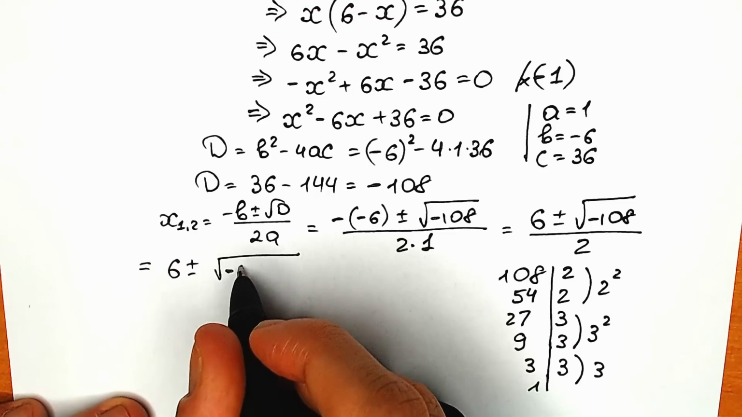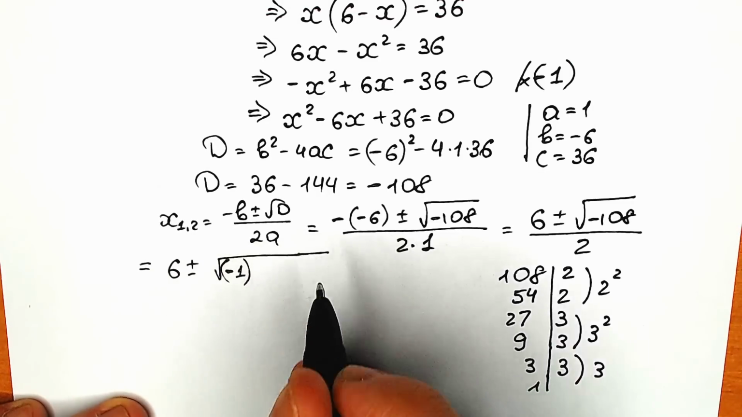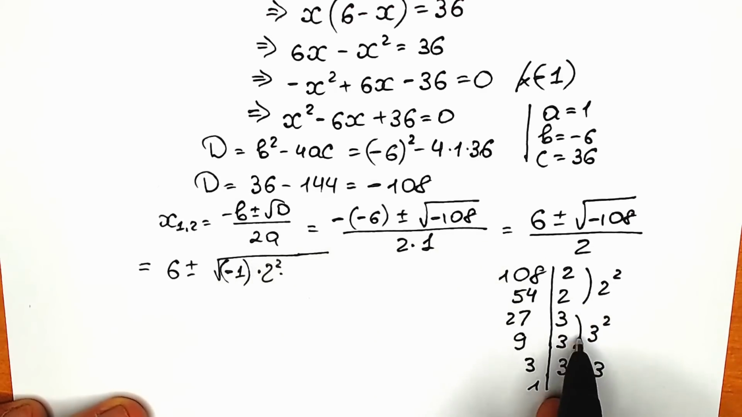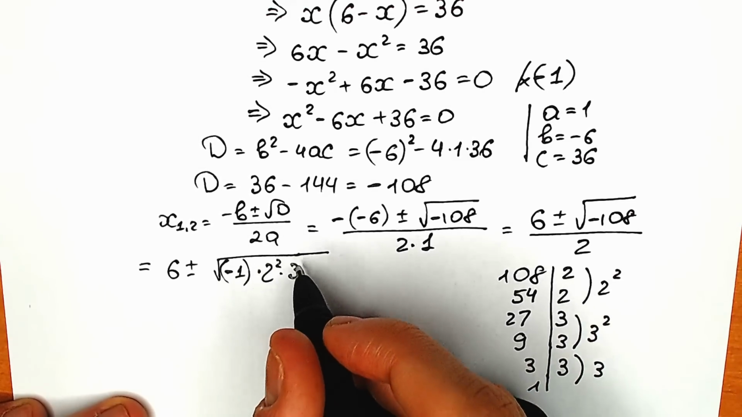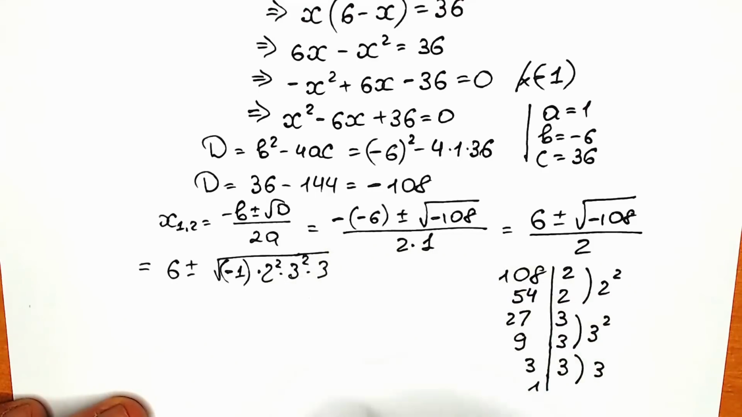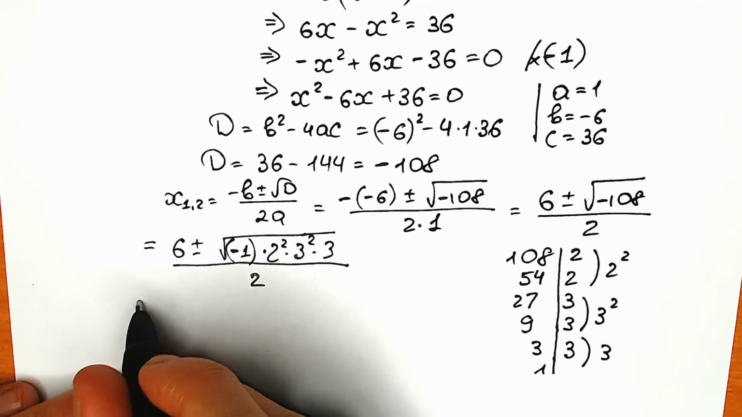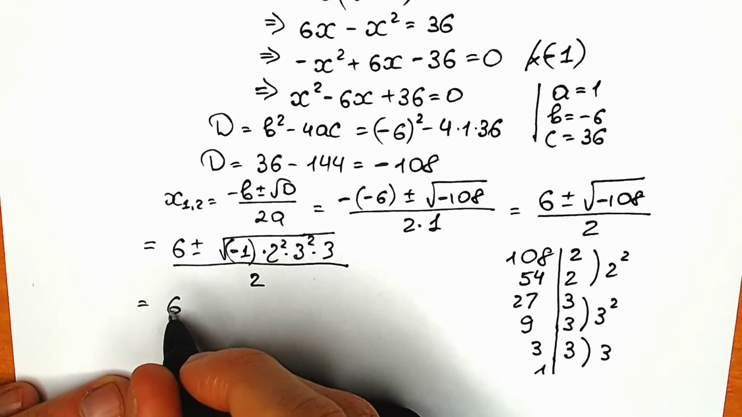First of all, don't forget about it, because we have minus 108 right now, times 2 square, times 2 square, times 3 square right here, and times we have 3 times 3, and as a result we're going to divide it by 2. And in the new line, I'm going to split this square root, so we have 6 plus minus